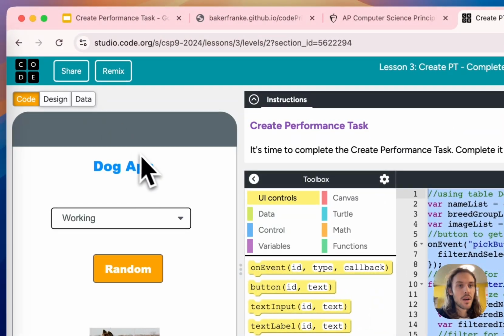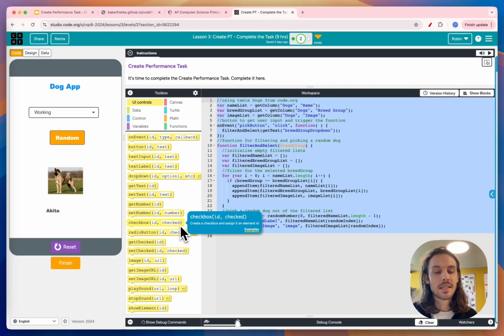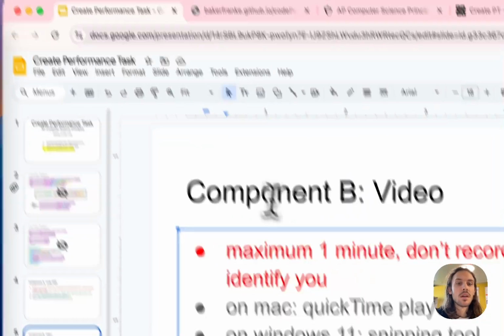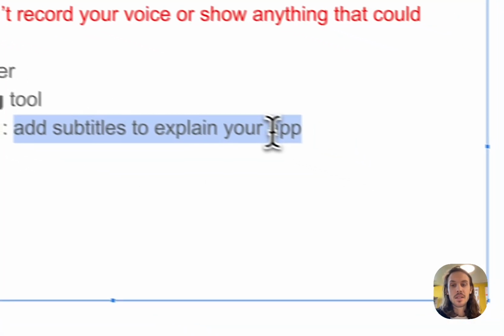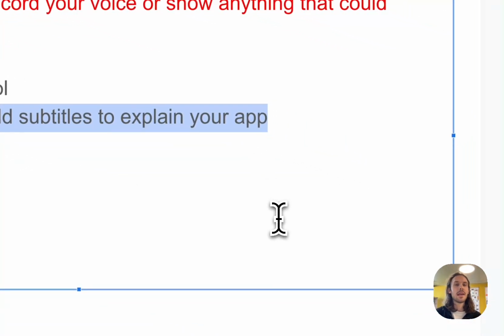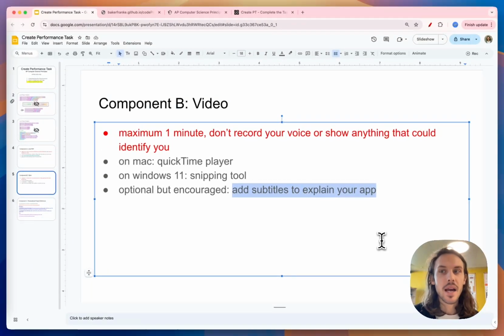And then let me stop the recording. I can save this video. I can name this component B now, and what AP encourages you to do is to add some subtitles. So especially if your app is a little bit more complicated, then definitely add subtitles. Or if you think it's not completely obvious what your app does, then add subtitles so that you explain what's